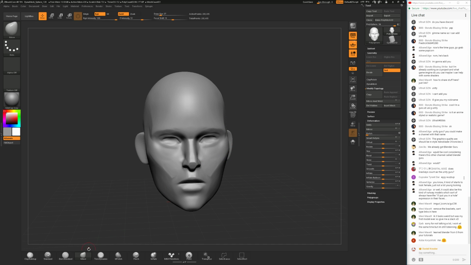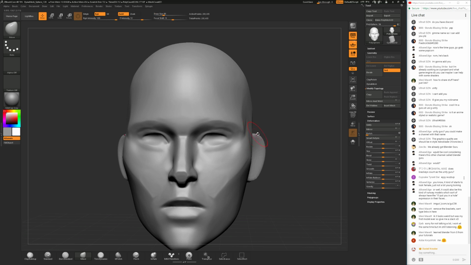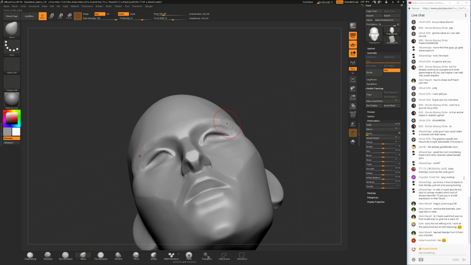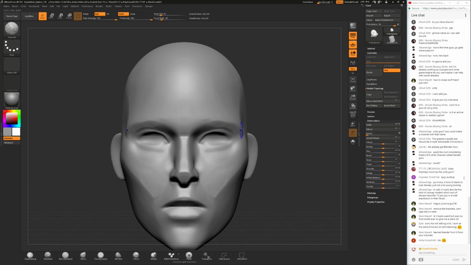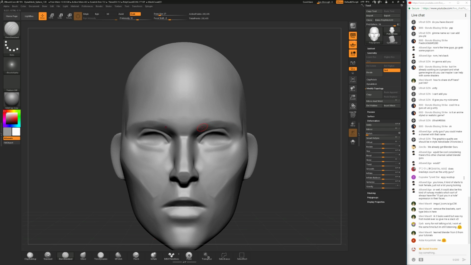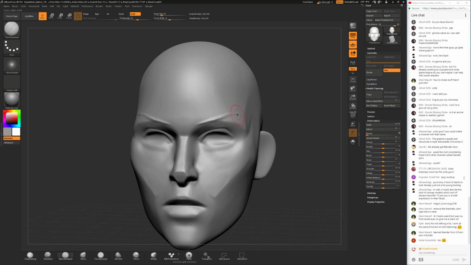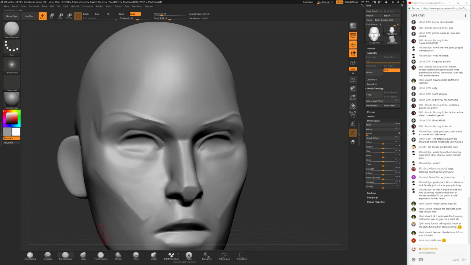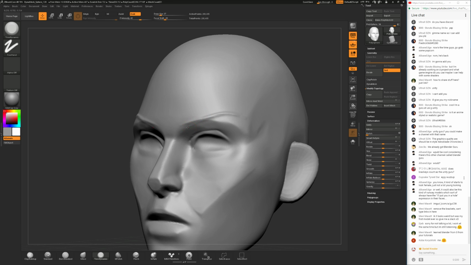These eyes are not quite right. Let's see. Alright, let's give her some eyebrows, because I feel like these will be very important for giving away some information about the character.